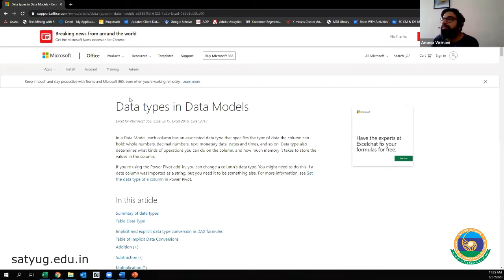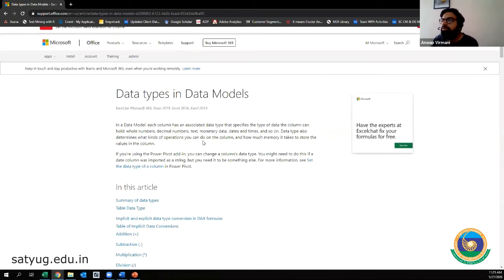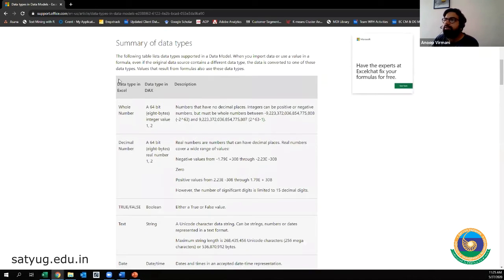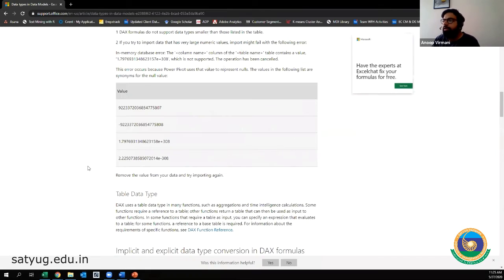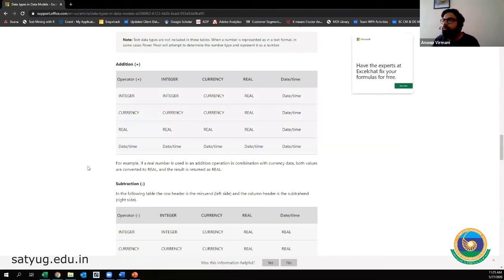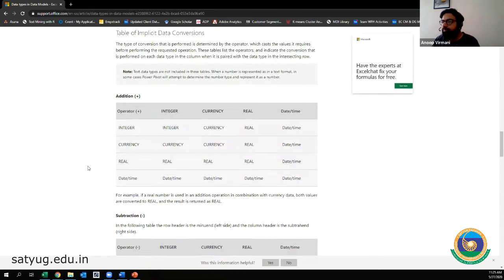So in this link, as you see, data types in data models. So here Excel has these kind of data. It is a little bit advanced, so it is all on you. If you are comfortable with the data types, you can go ahead and read this document here. So I will just jump on to the question that Atulji asked.